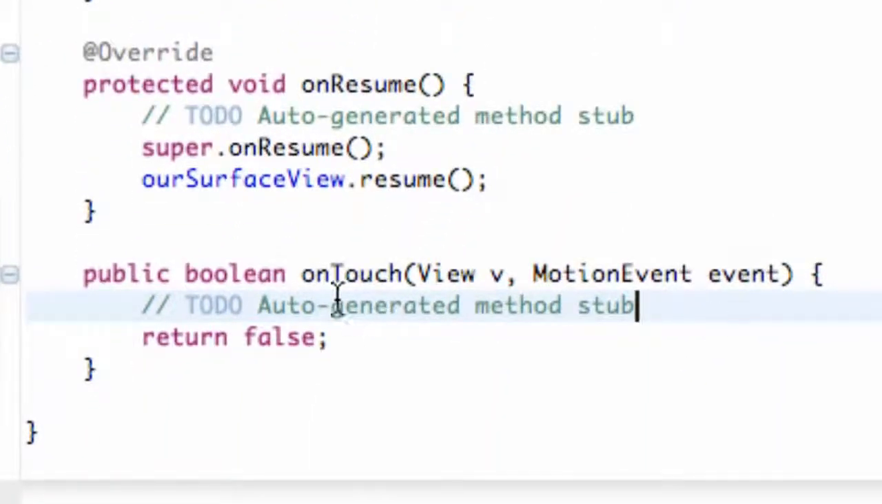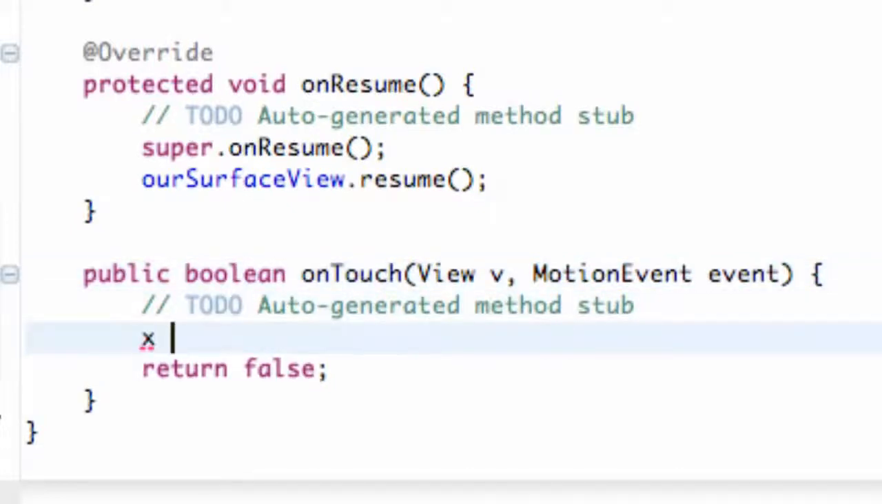So we go within this method, because when our surface is touched, it's going to call this method, and it's going to give us which view was touched, which is our whole surface, and then which event, whether it be a down, a move around, or a release of some sort. We're just going to set our X and Y values. So we're going to say X equals event, or whatever your second argument is, which is your motion event. As you can see here, it's labeled event, so we're going to say event